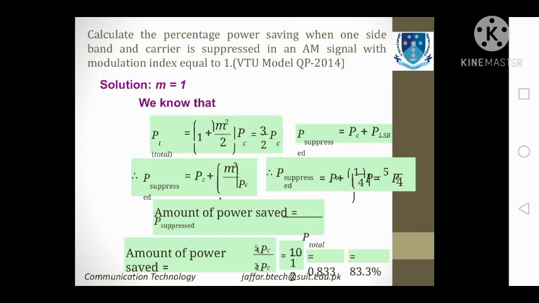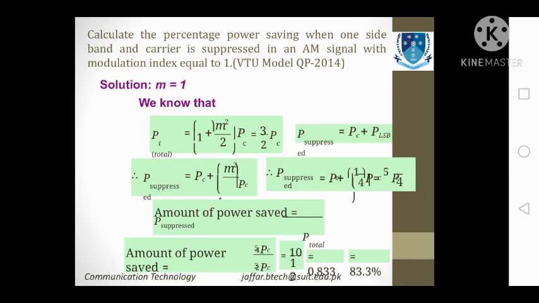So the question the examiner asks is something like that: how much power will we be saving when we suppress, we neglect, or you can say deduct that extra carrier and that extra sideband? How much power are we going to save? How much power will be saved? The consumption will be less. How much consumption will be reduced by suppressing this carrier as well as one sideband when the modulation index is